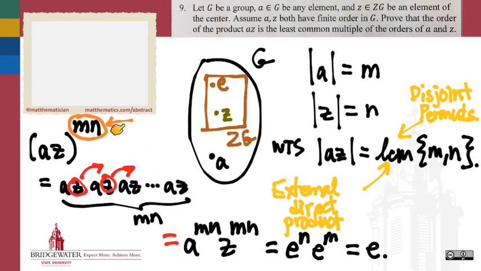It guarantees that this particular multiple, mn, must take you to the identity. But then, if you can show that this is true for any common multiple, then by definition of order, the least common multiple will be the order. So what if it's not a common multiple? We haven't proved that not being a common multiple doesn't give you the identity. That's kind of what I'm saying. Oh, I see what you're saying. So that's my piece of why it wouldn't